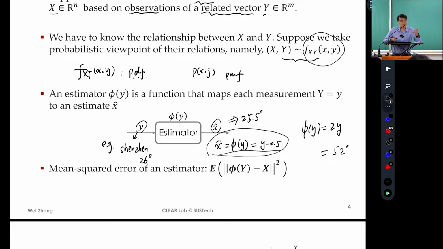As I mentioned, probability is just about our own belief about uncertainties, okay? So we have to have a rule or criteria to determine what estimate is good. Is this good? Or this one, which one is better? Most of you think this one is better based on common sense, right? But common sense doesn't mean anything.